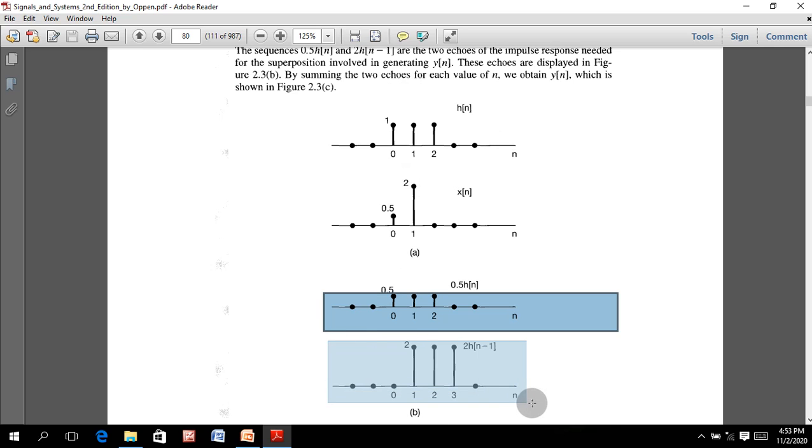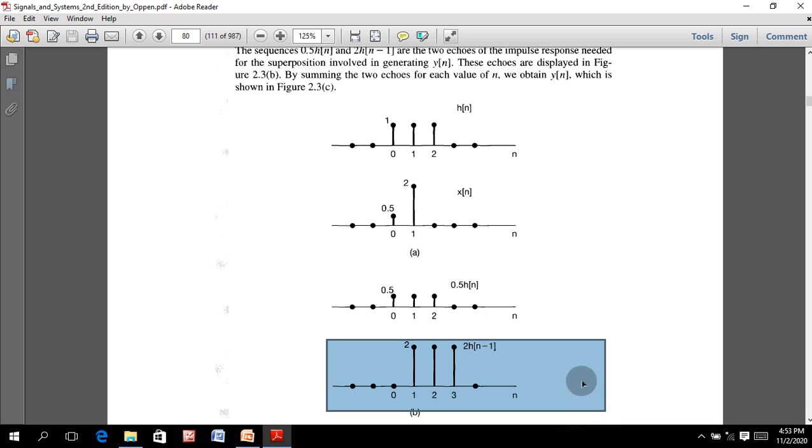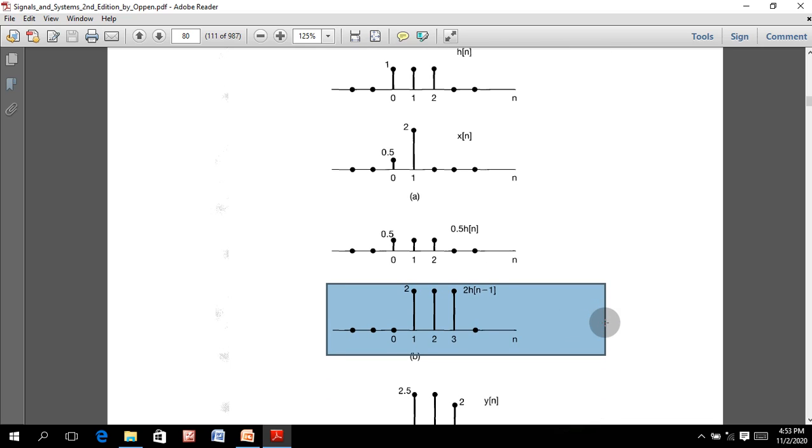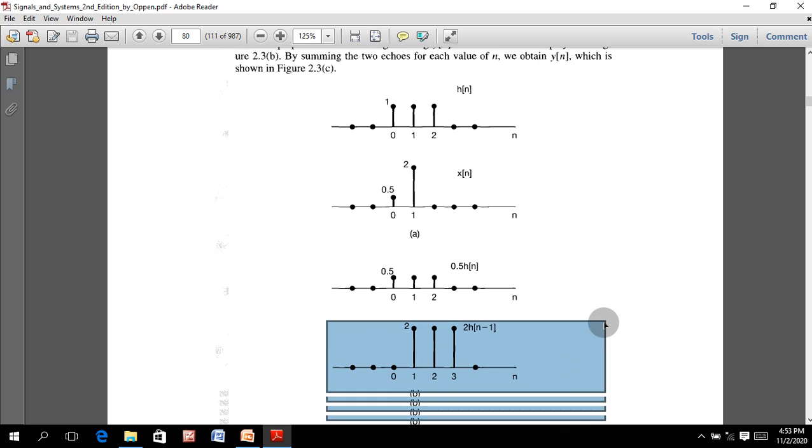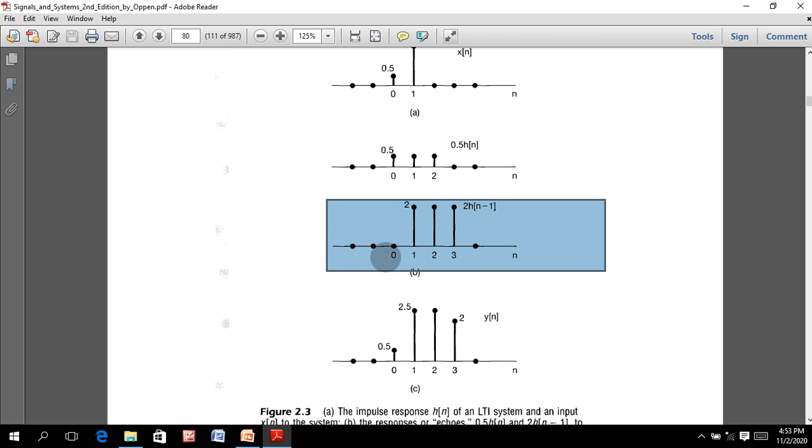Okay, this is the other signal that you have realized. Now if we add up all these signals,